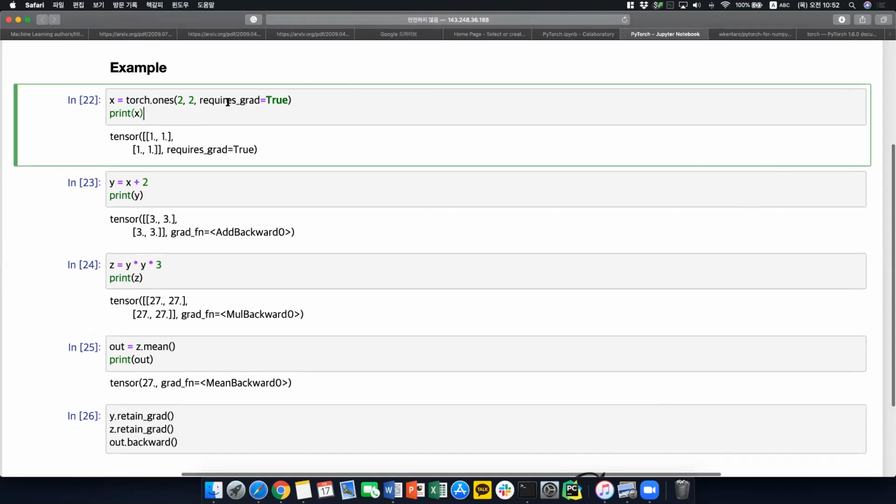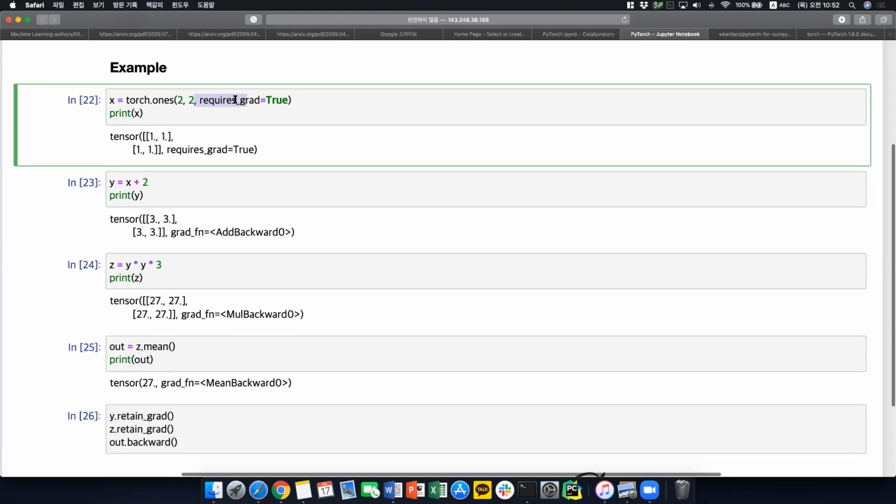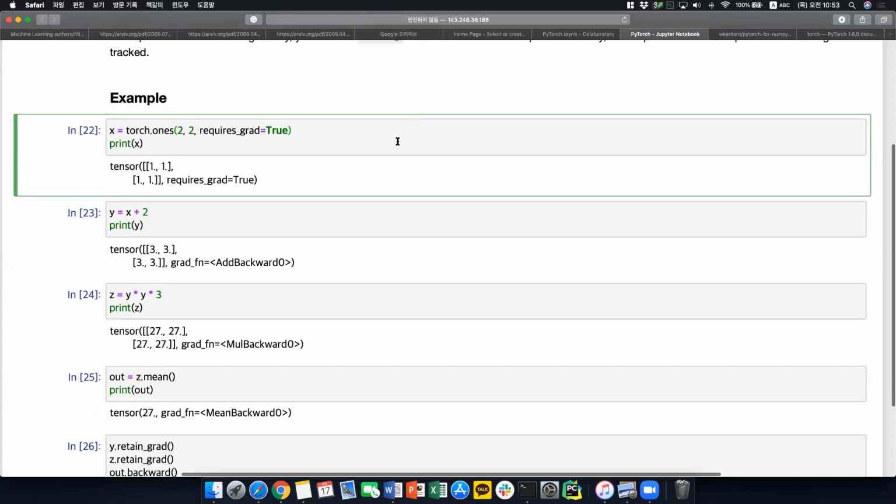With requires grad, you're going to use this tensor in the computational graph, and then backward is backpropagation, which means you're going to calculate the gradients. So if you don't write this, then we cannot calculate the gradient, because we are not going to include this tensor in the computational graph. So the next question is that,